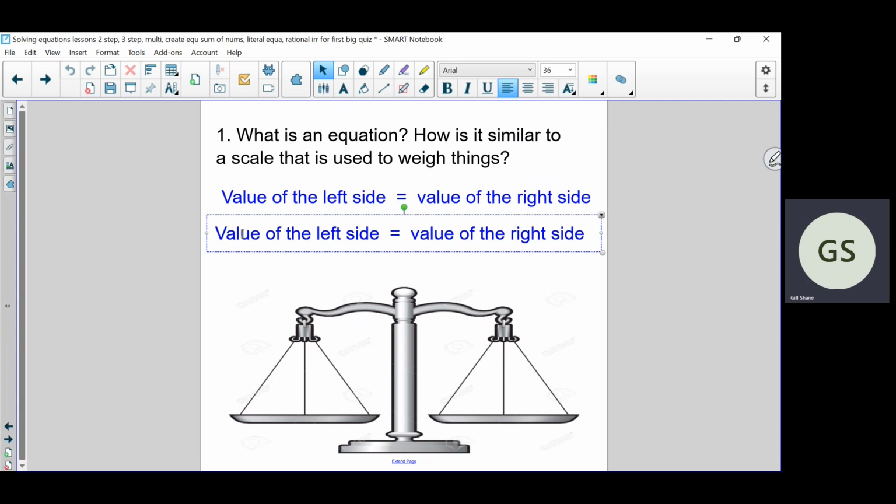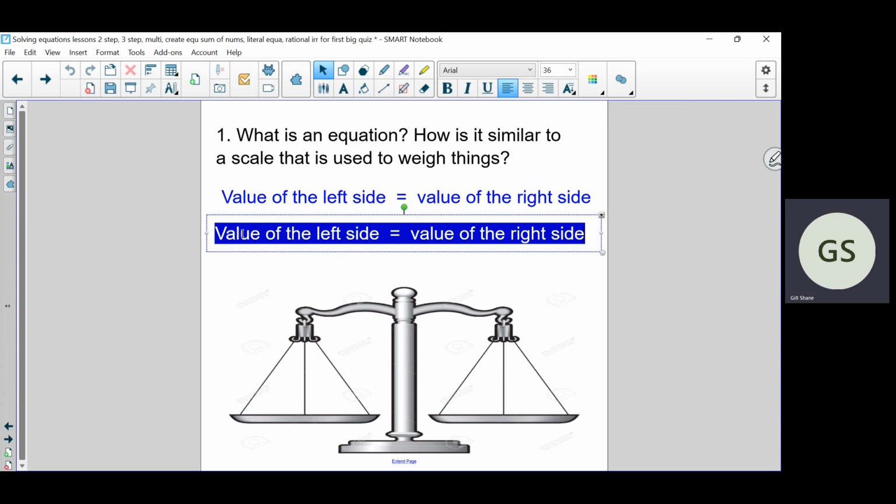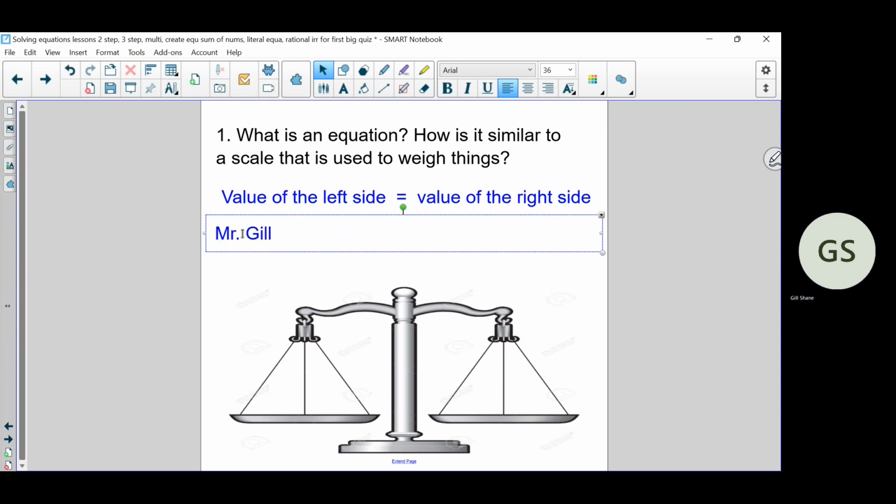So again, that was Mr. Gill's definition of an equation. Now this is, and I'll write this whole thing up for you, since I haven't talked about this one before. So this is Mr. Gill's